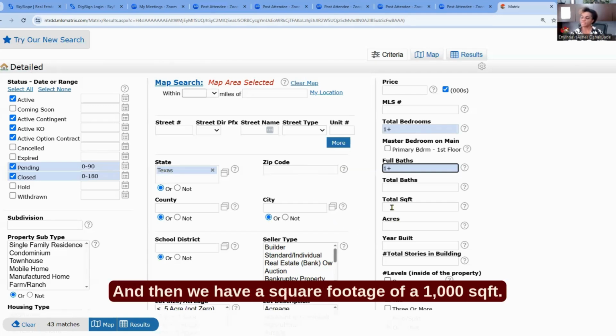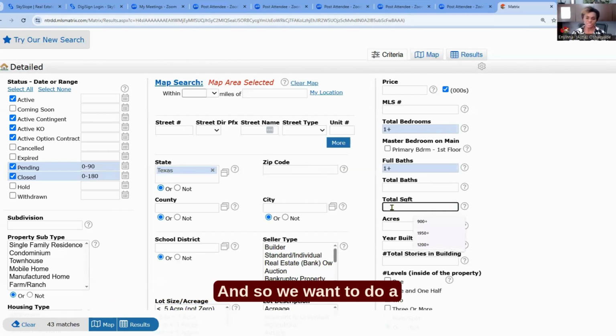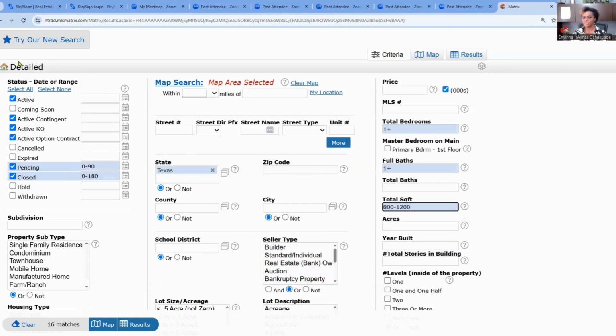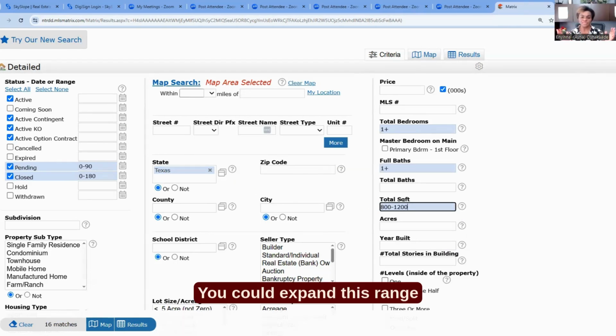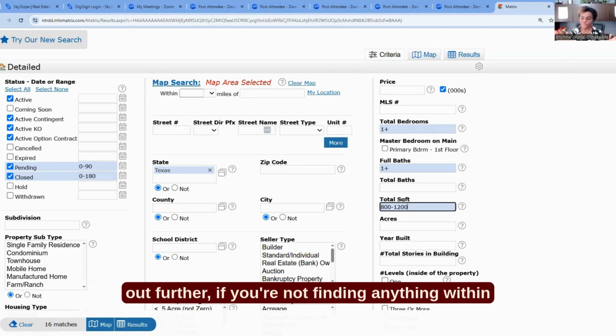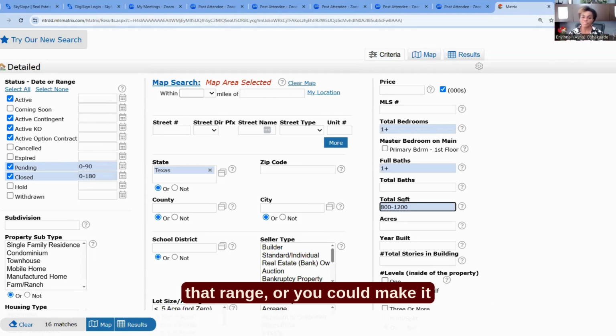And then we have a square footage of 1,000 square feet. And so we want to do a range, 20% below and 20% more is a good range that you can put in for your square footage. So 20% below would be 800 and up to 20% more will be 1,200. Of course, you could expand this range out further if you're not finding anything within that range, or